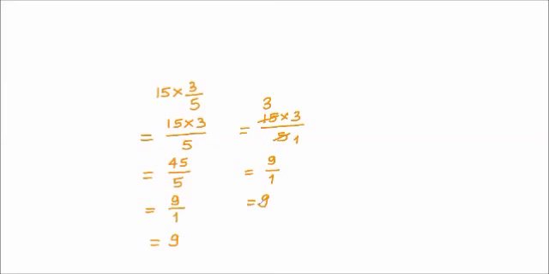So let's take one more example to understand this further. 20 multiplied by 4 upon 5. That is equal to 20 into 4 upon 5. Now I see that 5 and 20 are in one table, so I can easily cancel a common factor out. So 5 1s are 5 and 5 4s are 20. So the answer comes 4 into 4, 16 divided by 1, which is equal to 16.